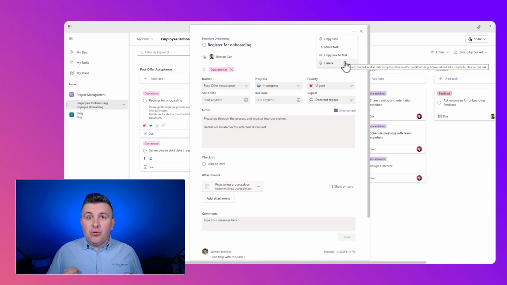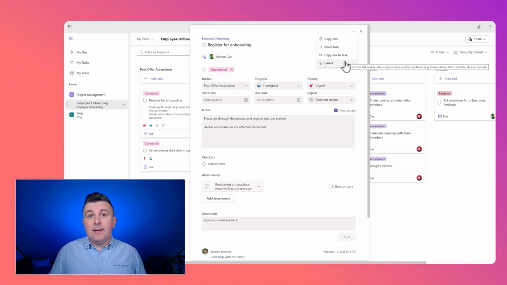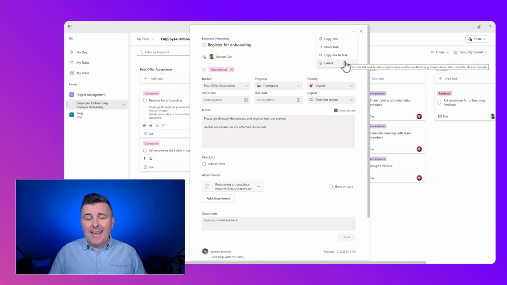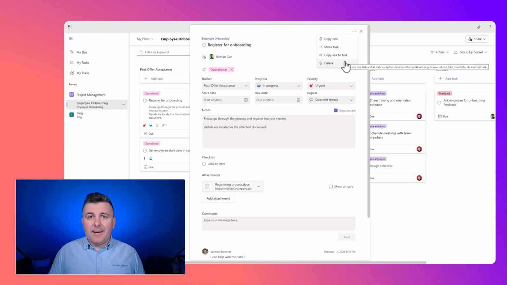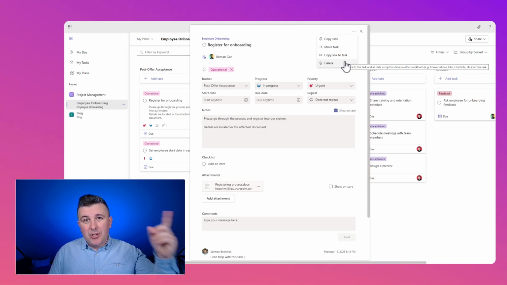So what to do if you will have the critical data, if you will have the projects there in Microsoft Planner, you need to use third-party solution to back up this data. In the next step, I will show you how you can use AFI.AI enterprise-ready backup solution to secure your data